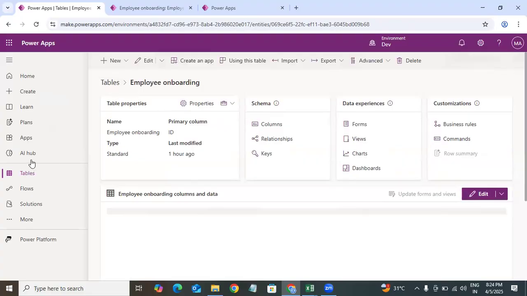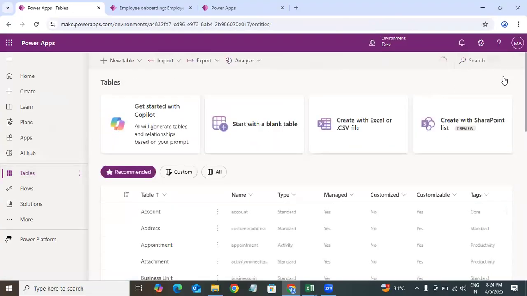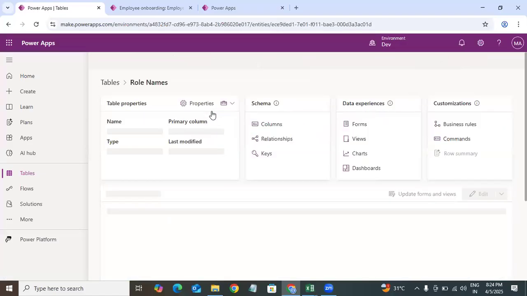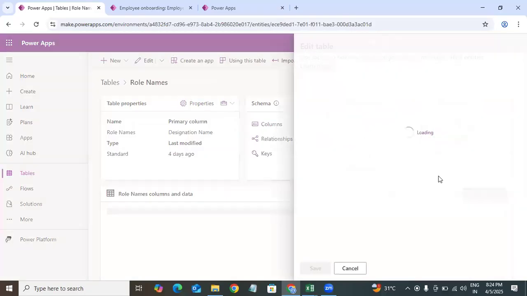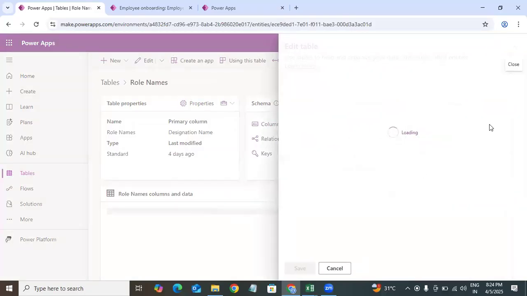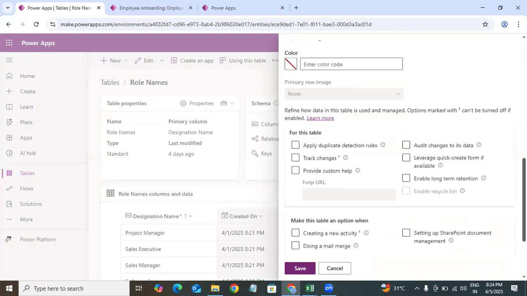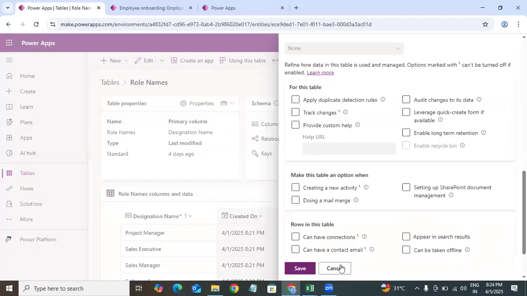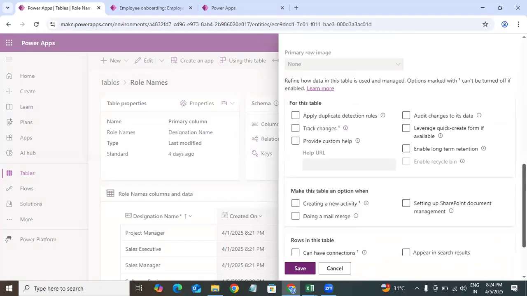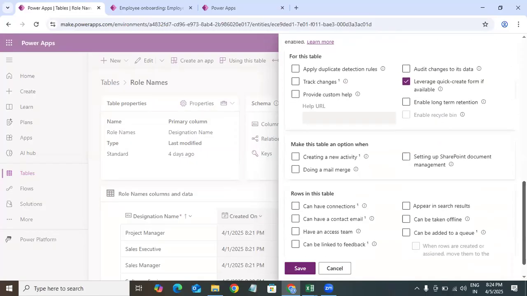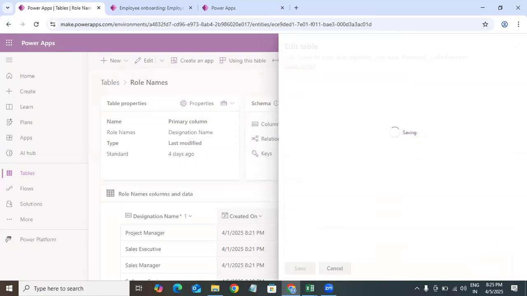Let's go to that designation table and open properties. Here are some checkboxes. Previously it was there, right? In the checkboxes, see, leverage quick create form if available. That option we need to select. If we select that one,